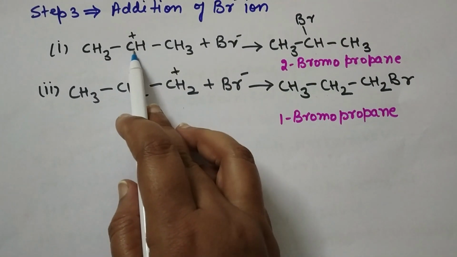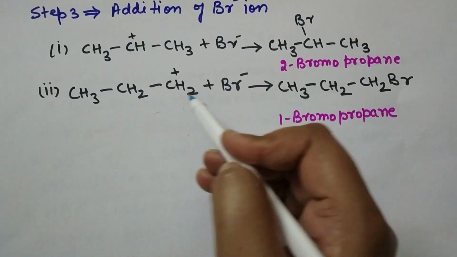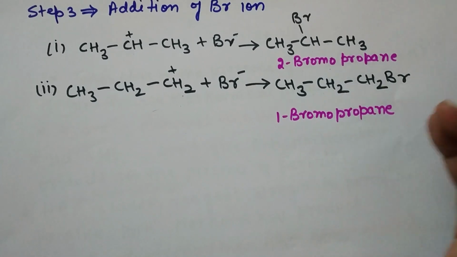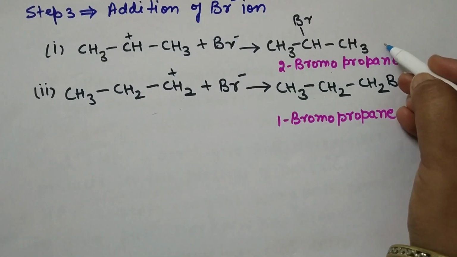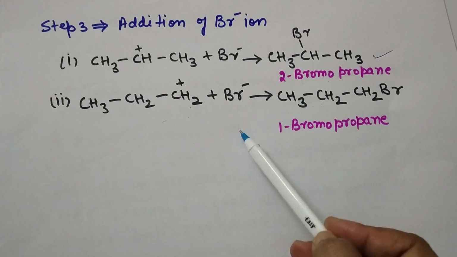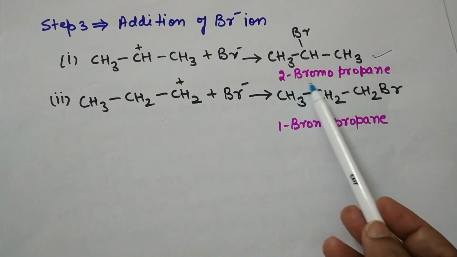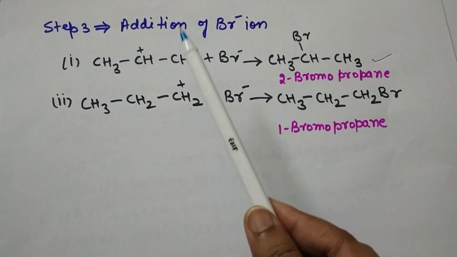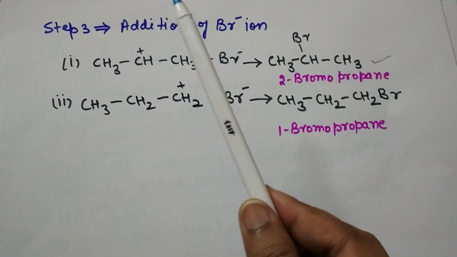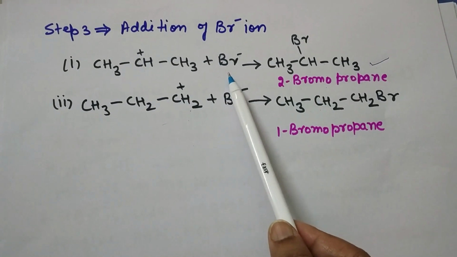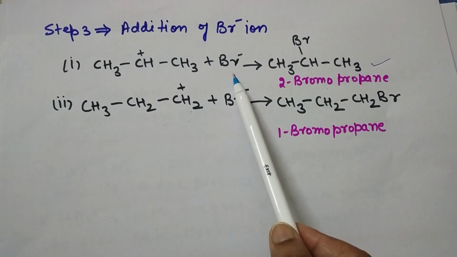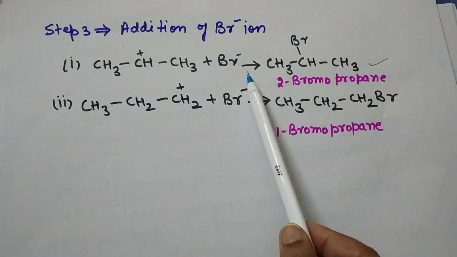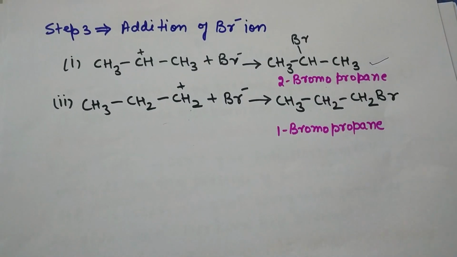But as we know, secondary carbocation is more stable in nature as compared to primary carbocation. So because of that, 2-bromopropane will form as a product. So this product will form. Here you can see the Markovnikov addition. In this case the 2-bromopropane is formed. So here we have learned that the presence of an asymmetrical alkene, the presence of hydrogen halide or an asymmetrical reagent, and the carbocation formation are the most important factors that influence the Markovnikov addition.